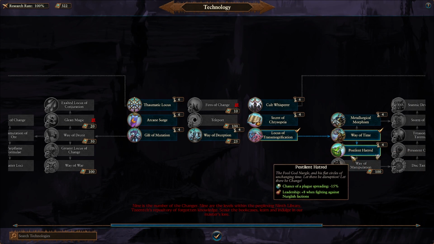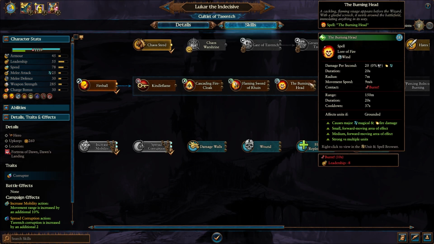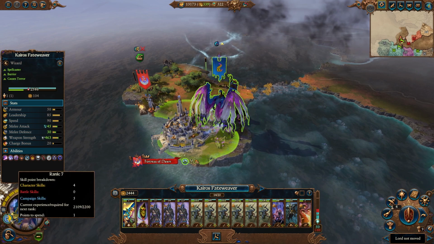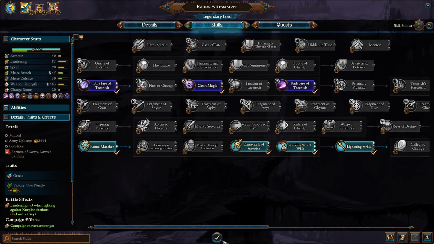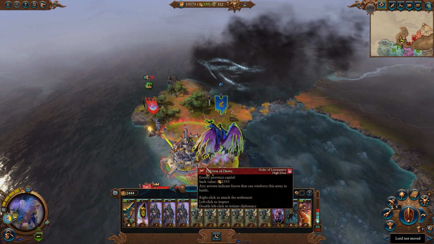Moving on down the line towards our next faction. Go ahead and take Burning Head. And Kairos, go with Lightning Strike. Now we should have enough movement that if we attack this...